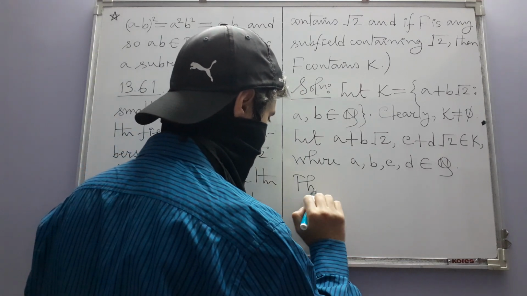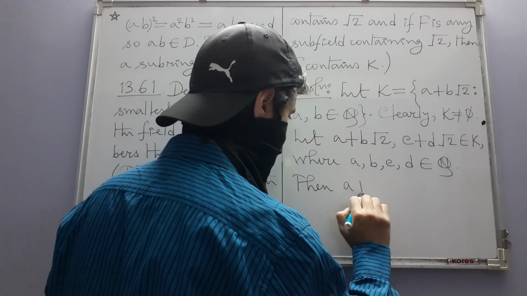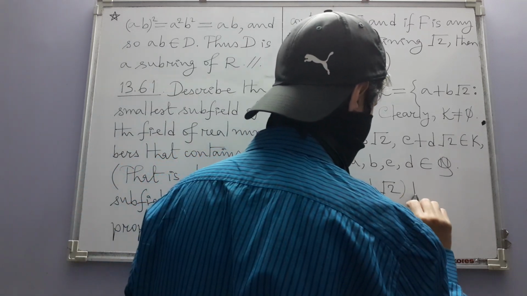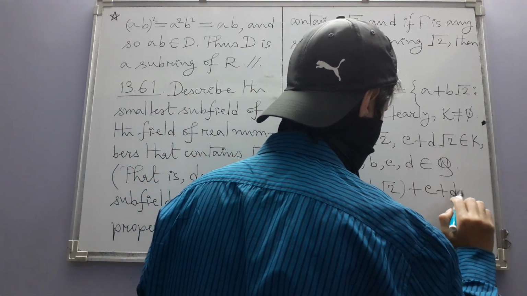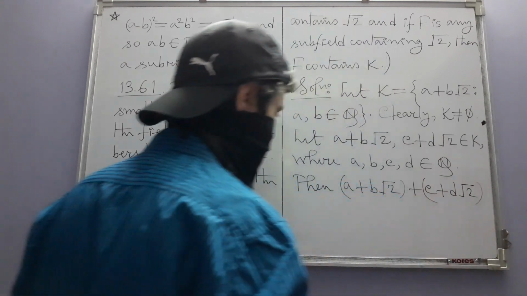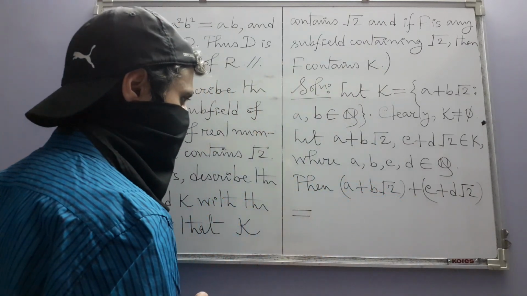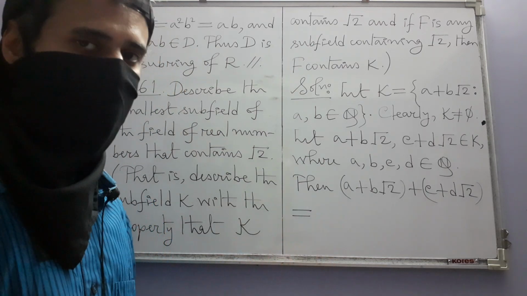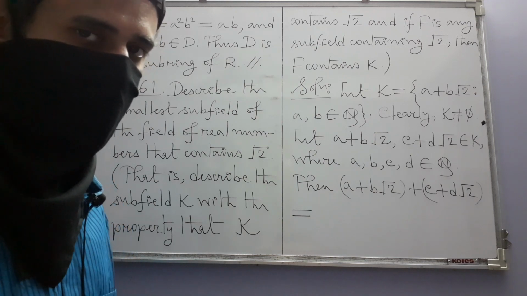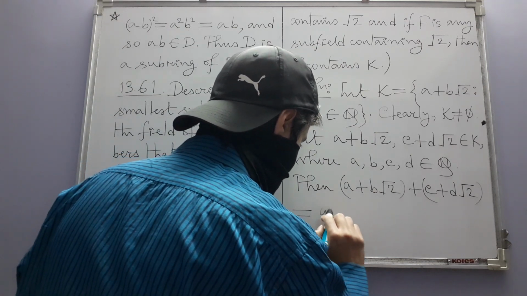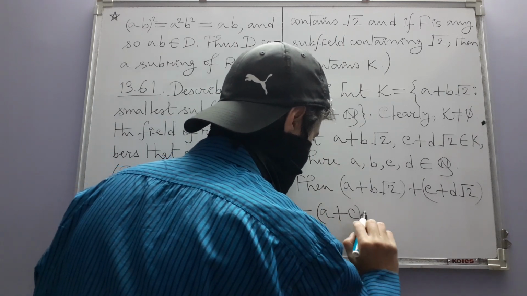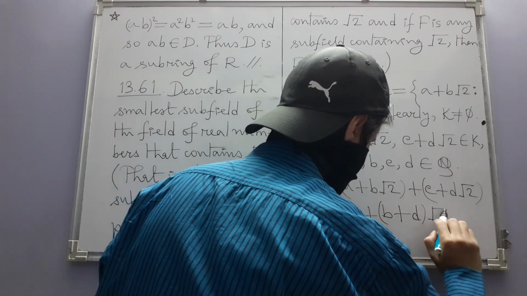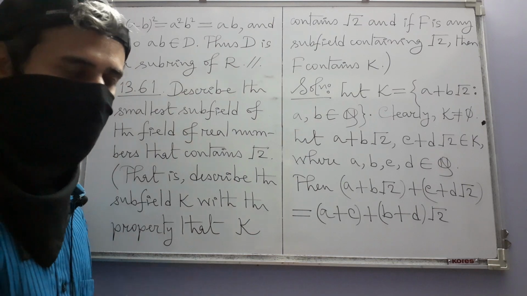Then if you add these two things up, what do you get? You can rearrange the things. Here things are particularly easy because after all, rational or irrational, we are just working with real numbers, that's it. A plus c plus b plus d times root 2, using the various field properties of the real numbers,